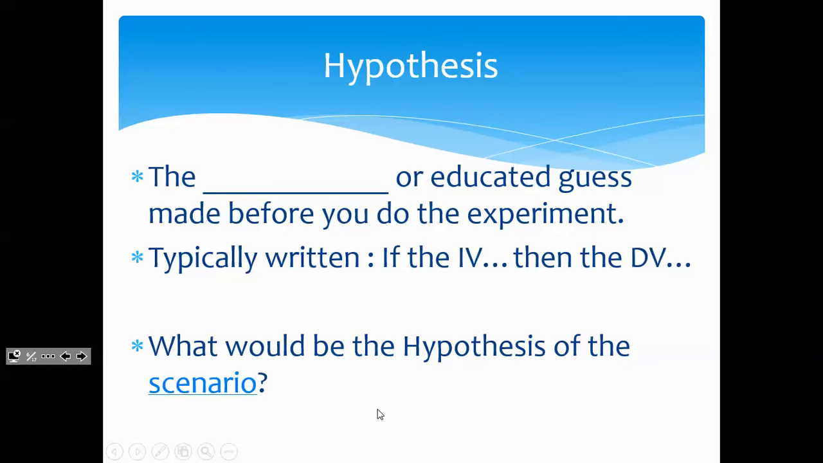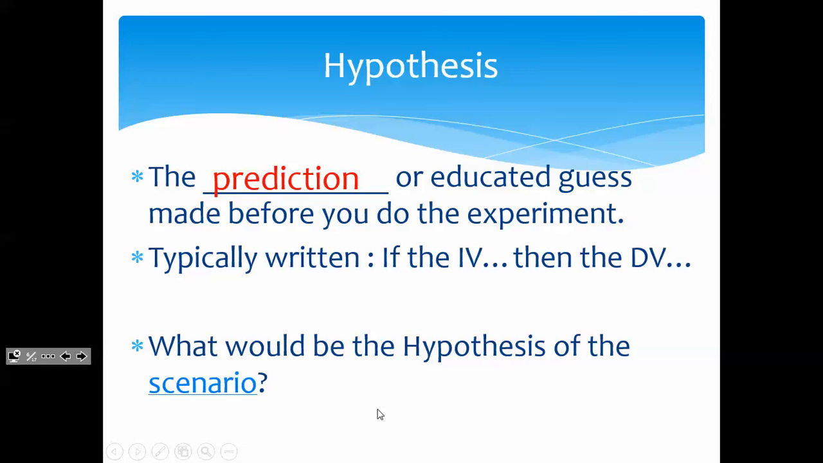You have to identify the IV and the DV before you can make a hypothesis, because the hypothesis should embody the IV and the DV. So it's the prediction or educated guess made before you do the experiment. A lot of times you see them written if the IV, then the DV, but it doesn't have to be that way. So for example, if I was talking about the batteries, I might say something along the line of